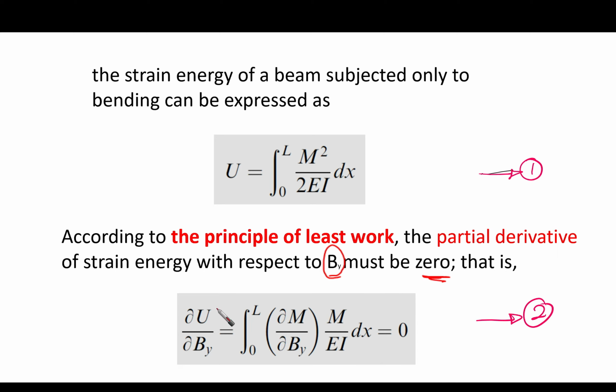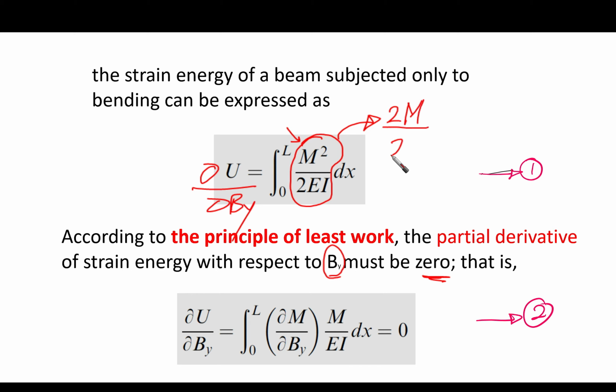That is partial, then we're going to take the partial u, partial by, and put it here. So partial u, partial by is equal to the integration over the length of the beam from 0 to L of the partial derivative of m squared over 2EI. If we consider m to be a function of By, then by the chain rule it is going to equal 2m